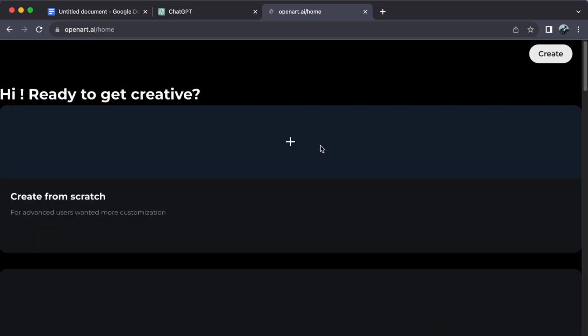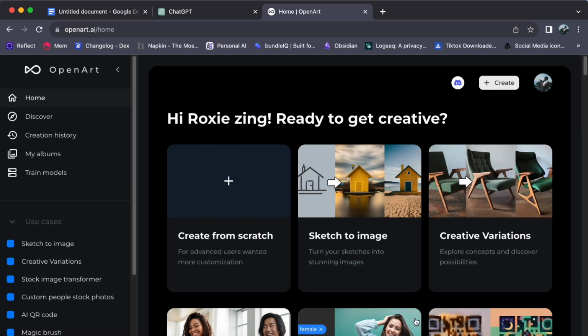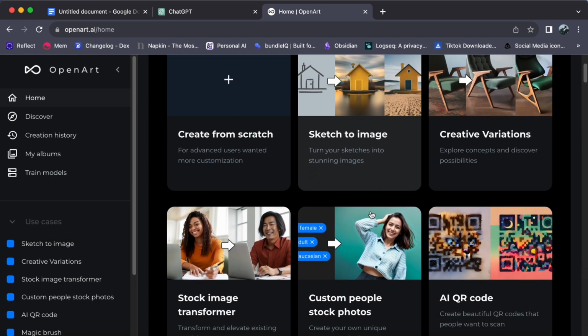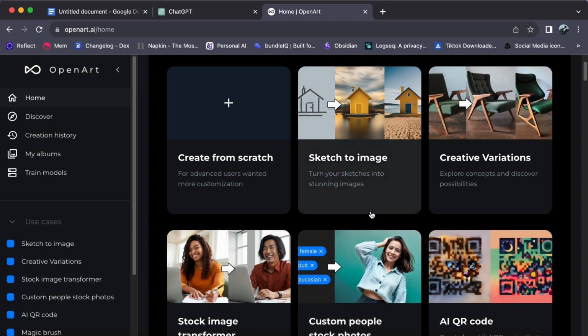If you are a newcomer to the platform, no worries at all. We've got you covered with a video link below that will walk you through the account setup with ease. And for those of you who are seasoned openart users, all it takes is a quick login to access your personalized dashboard. Now, let's assume you have already embarked on the creative journey and have some incredible images neatly stored